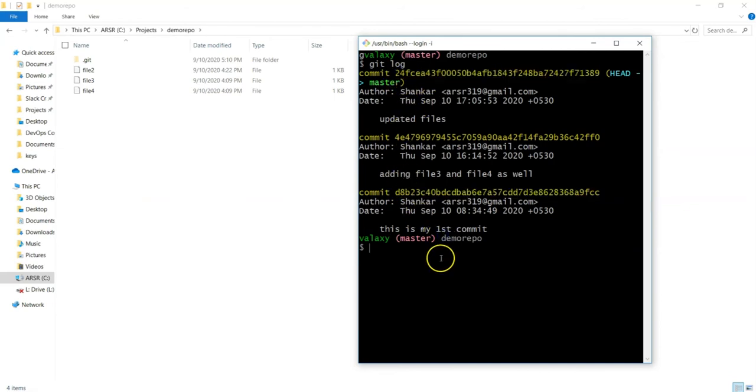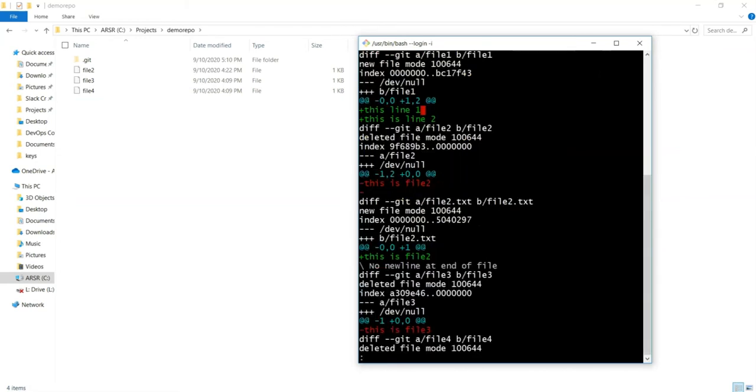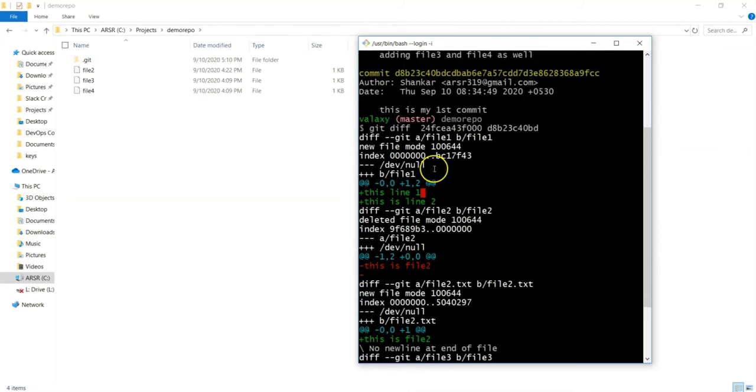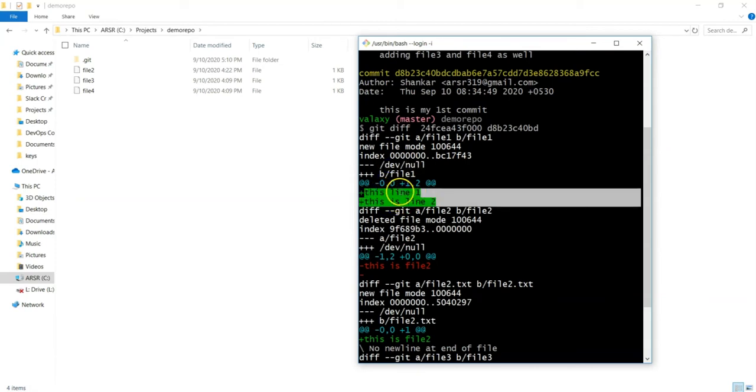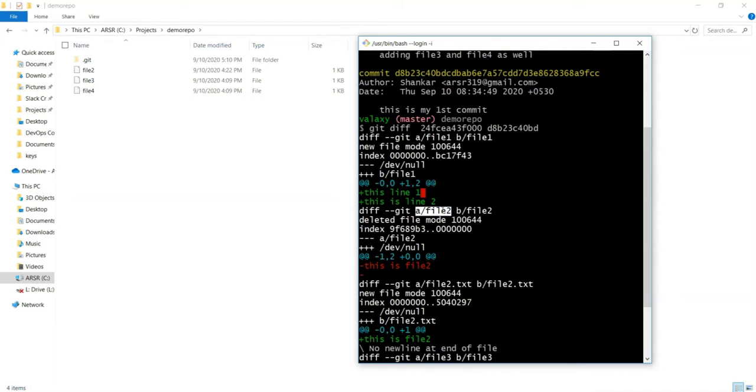For that, I'm going to use git diff, and I'm giving a minimum of 6 or 7 characters; we should give at least that. After that it can be anything, and you can see what all differences we get. Of course, file1 is not there in the latest commit. In the initial commit it is there. Similarly, file2 is here in this commit but not in the previous commit. That is why /dev/null.